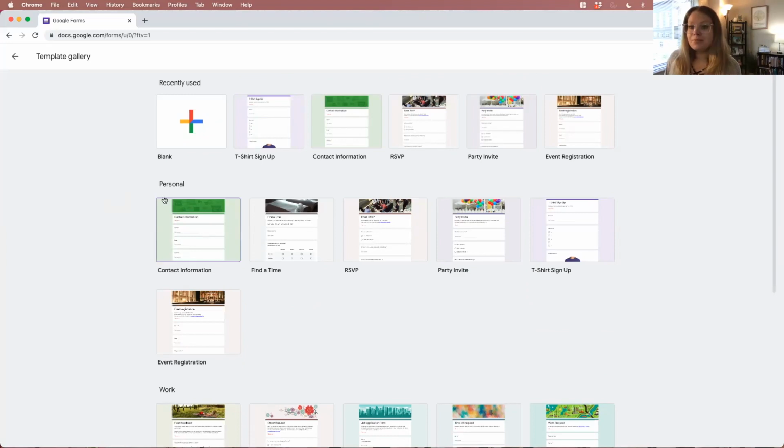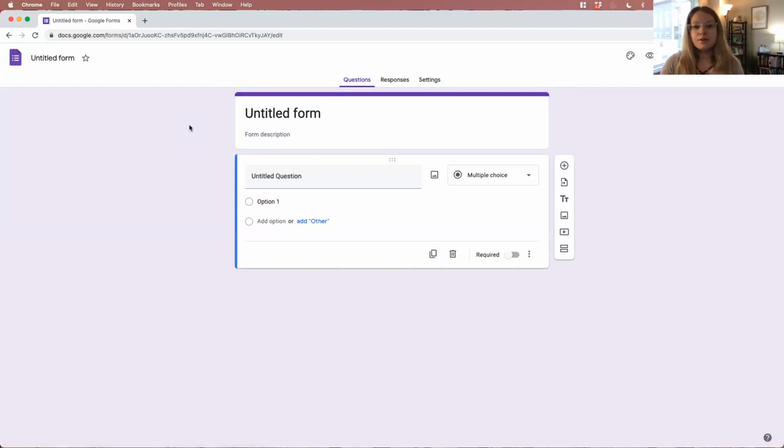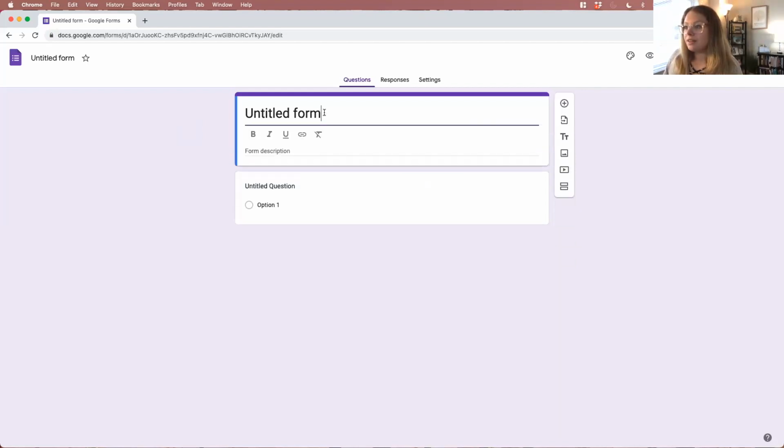But typically when I'm creating a Google form, I just create a blank one. So let's go ahead and start there. This is also great if you have a very specific vision of what you want your survey to look like, you can just create it yourself and make it exactly the way you want. The first thing I usually do is give my survey a title. Let's say we're going to send out a survey about graduate student experiences in the sociology department here at Mason. So we can go ahead and call this Graduate Student